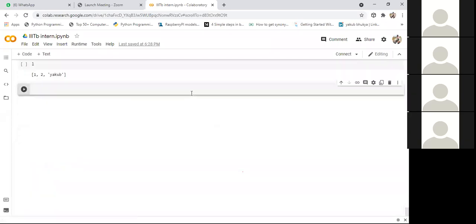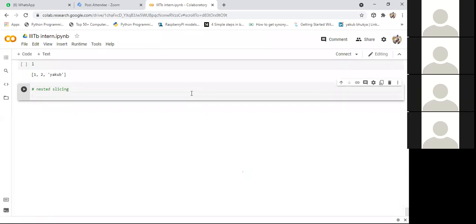Now we'll see how to perform nested slicing on the tuple. To make you familiar with the nested slicing, I'll define a nested list first. Initially, I'll specify